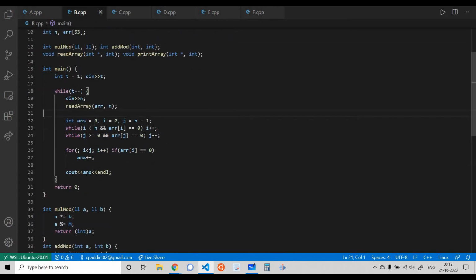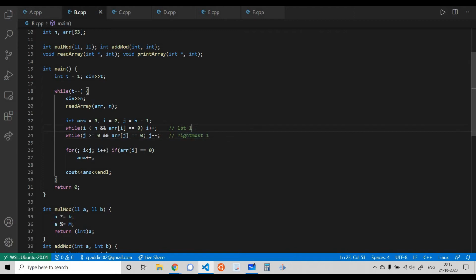First, what I'm doing is I'm using 2 pointers, i and j. i is initially initialized to 0 and j is initialized to the last index of my array. I increment my i till I'm getting a range of zeros, a continuous block of zeros. The time I get the first one, I simply break out of the loop, and here again in the second loop I'm moving from right to left, finding out the rightmost one in my array.